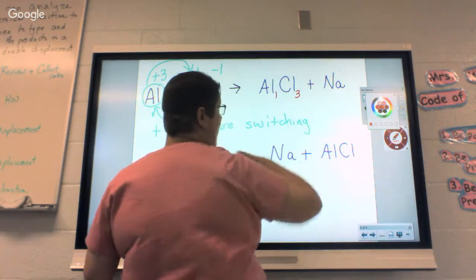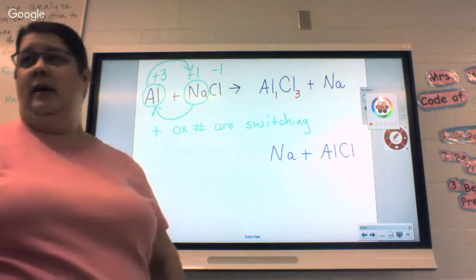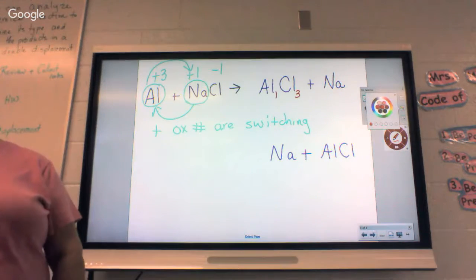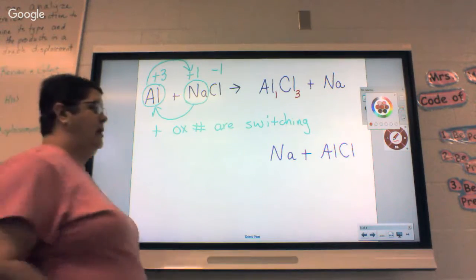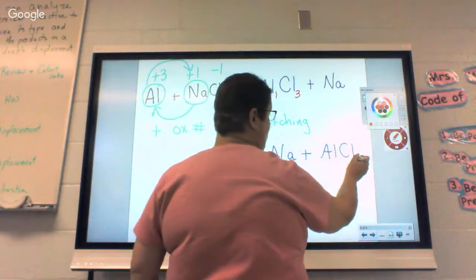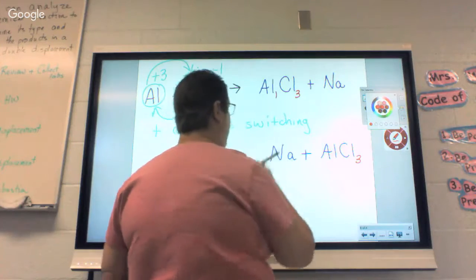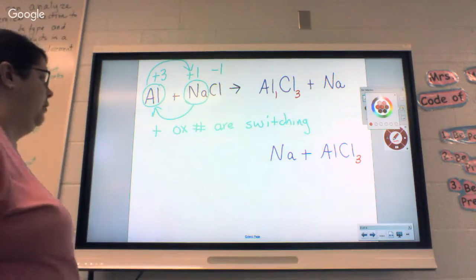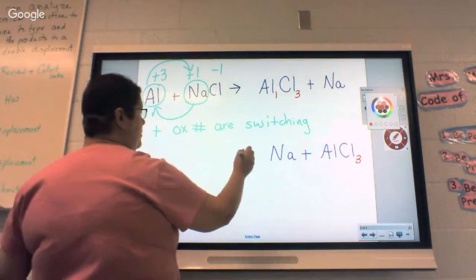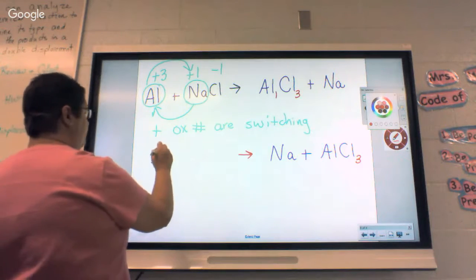And Na is by itself and it's an element. Is it one of the 7 diatomics? Do we put anything on it? It stays by itself. If you had written it the other way, it would have a 3 there, and the other would have nothing. So, if I rewrite this so it is not full of mistakes,